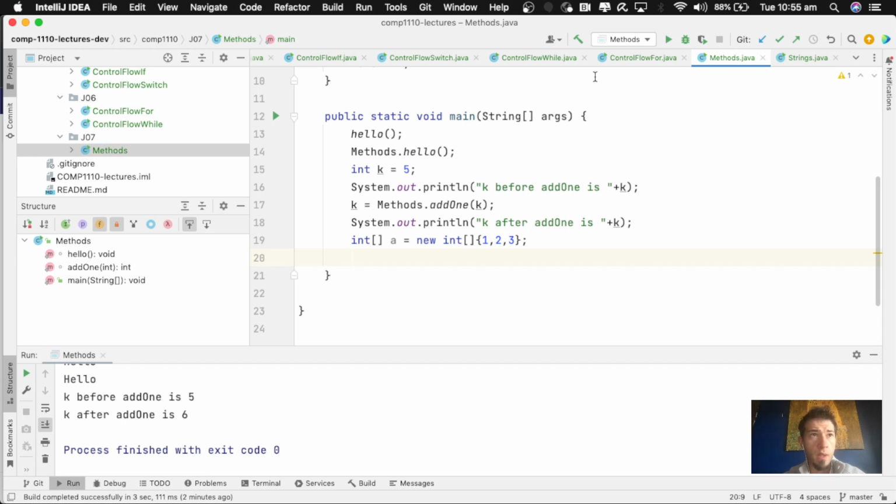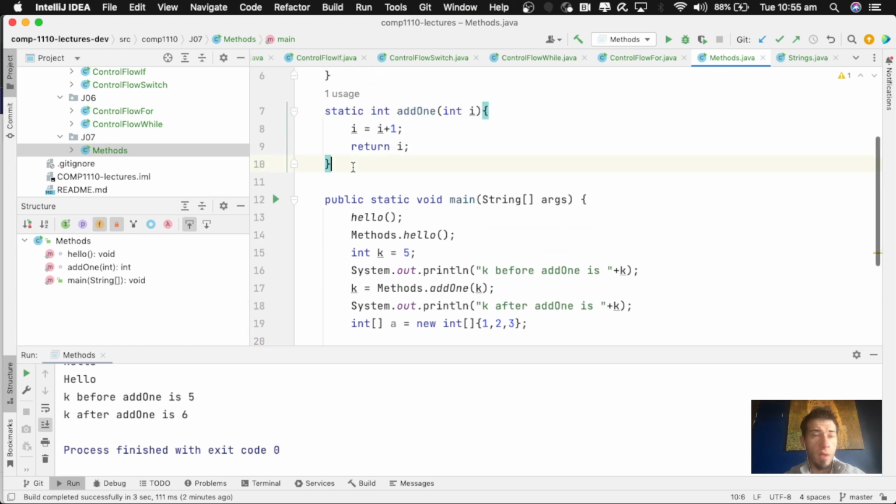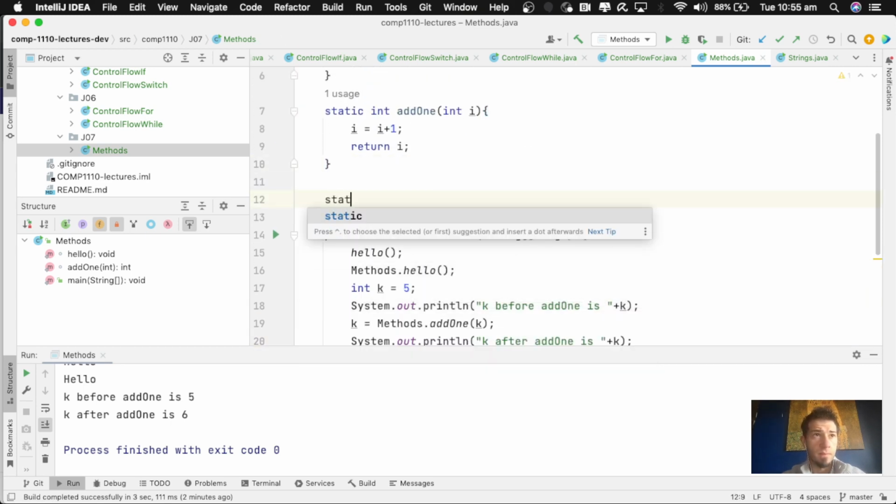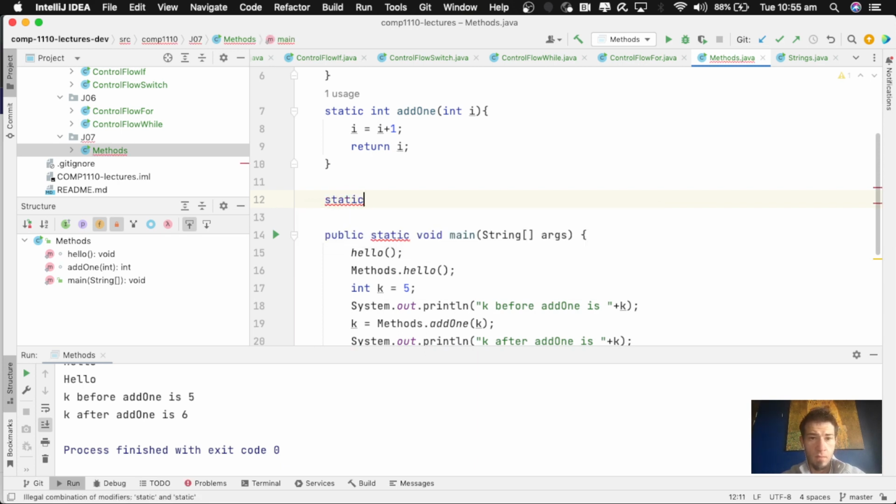So one way to do it is, again, let's write another class function, a void function, and we're going to call it mutate array. We are passing our integer array as a parameter,